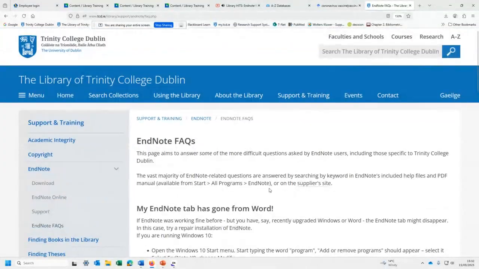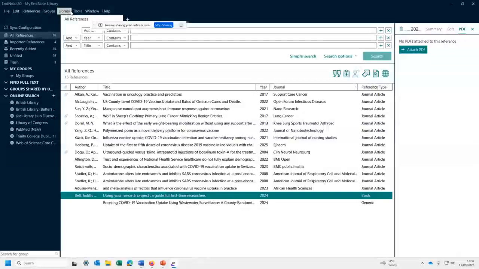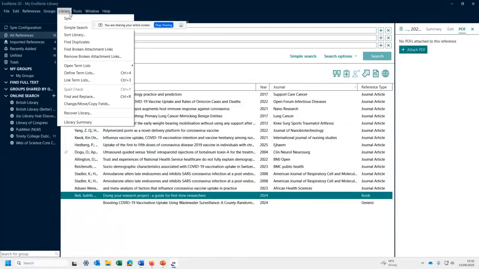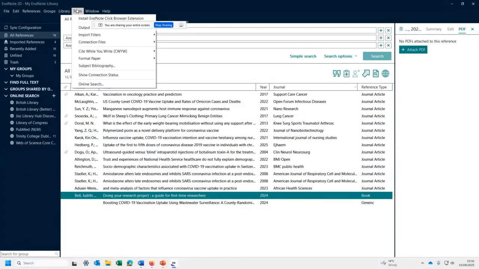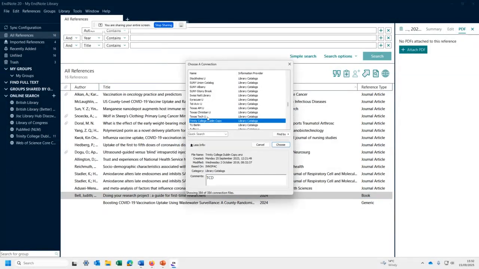There used to be an add-on we had to download, but I think Greg had managed to get it in. So hold on, I'll just check tools, online search. You can find Trinity, if you can do a quick search there for Trinity College.